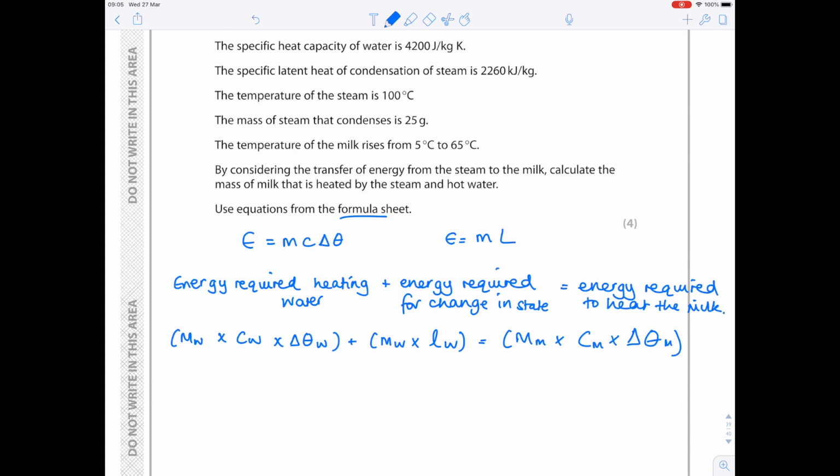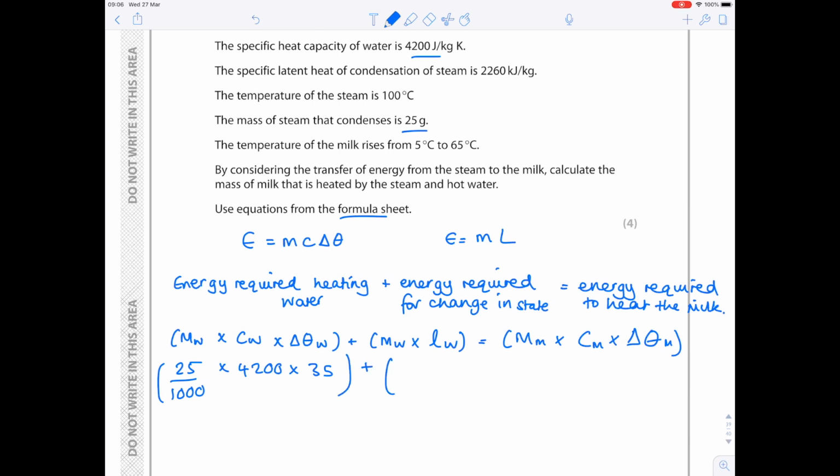So the mass of water, well, we've been told that that's 25 grams. We need to divide it by 1000 to convert it into kilograms. The correct units here is crucial. The specific heat capacity of water is 4200. The temperature change is going to be 100 degrees Celsius minus 65 degrees Celsius, which is 35 degrees,